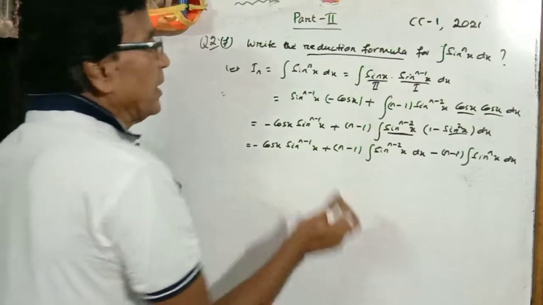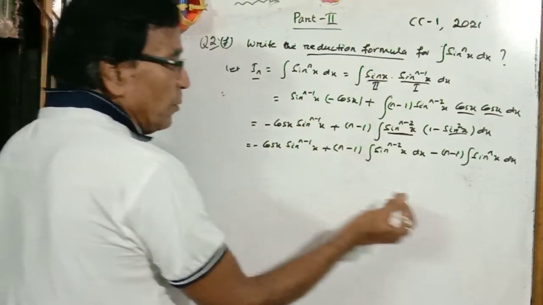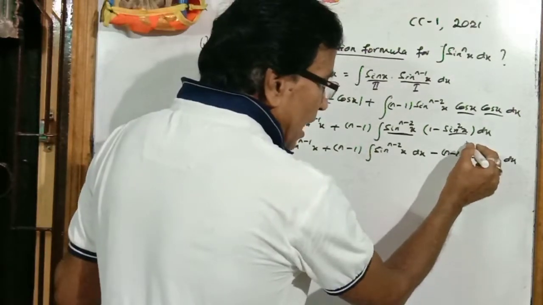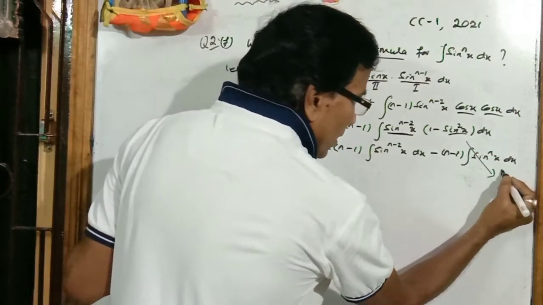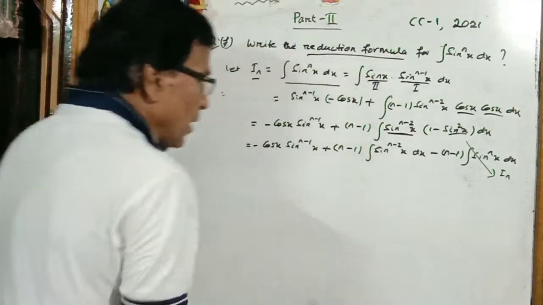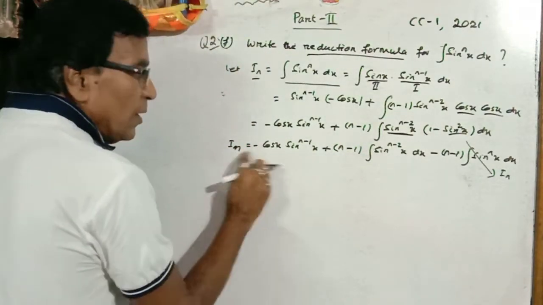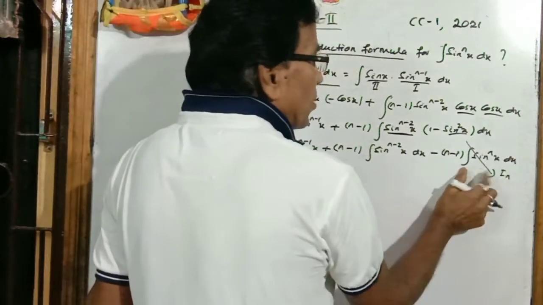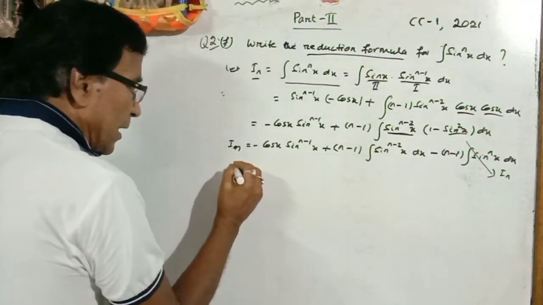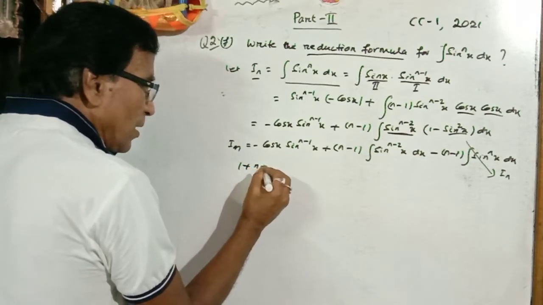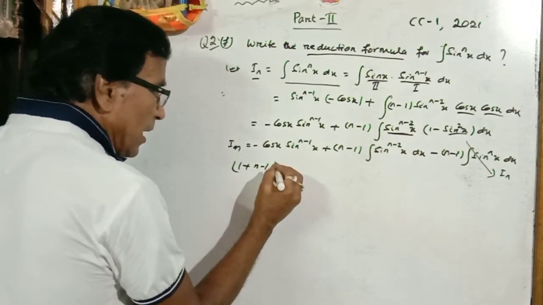But here you see that I_n is nothing but integration of sin^n x with respect to x. That means this is our I_n. This is equal to our I_n. So I_n on the left hand side, I_n is equal to this thing. So on taking this term to the left side, we are getting 1 plus (n-1) whole into I_n